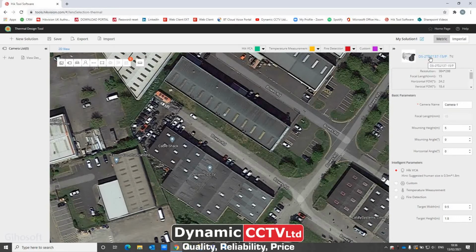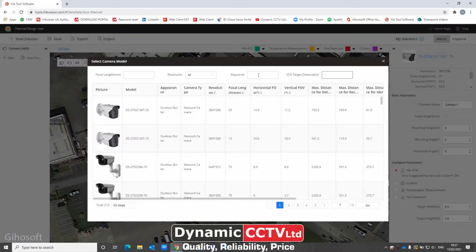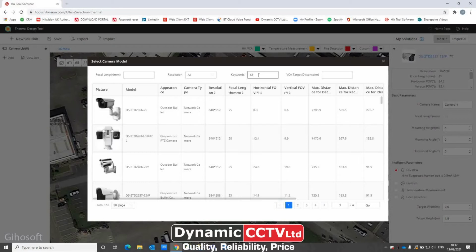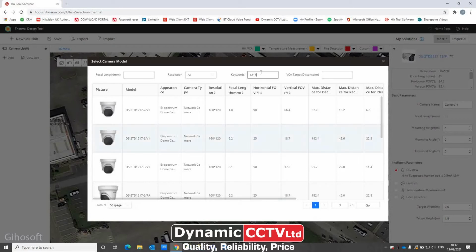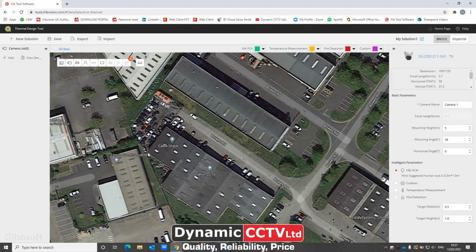To select our cameras, again we click on, and then what I'm going to do is use a 1217, so I'm just typing that keyword in at the top there. You can see we've got our different lens sizes, and now I'm going to go for the 3mm lens, so I'm just going to double click on that. And this is a bispectrum camera, and you can see there it's pulled in the details. I can give it a name, so I'm going to call this car park,